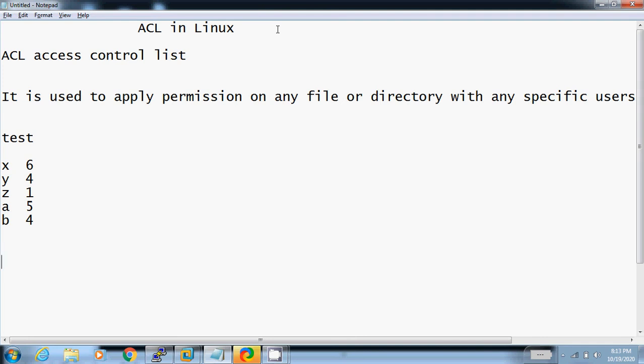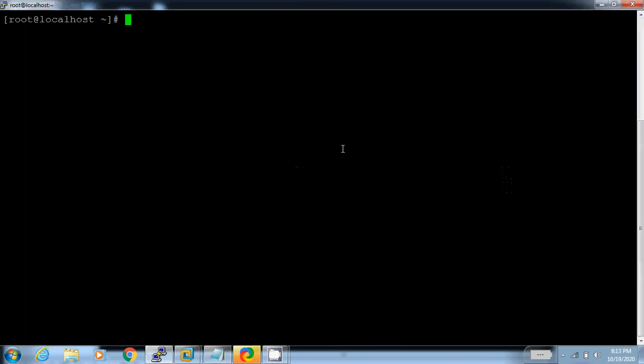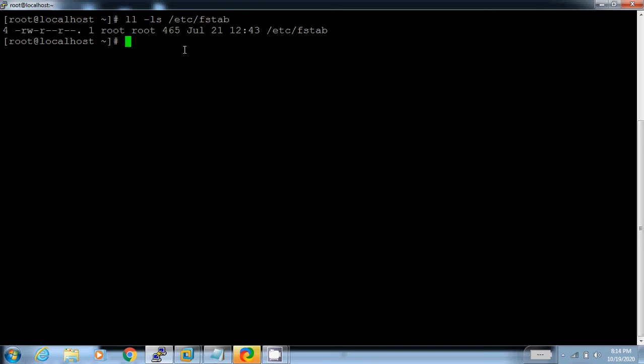Let's come to my Linux machine. This is my Linux server. First of all, I will check the permission on a file in my Linux machine. See, this is the permission of /etc/fstab.